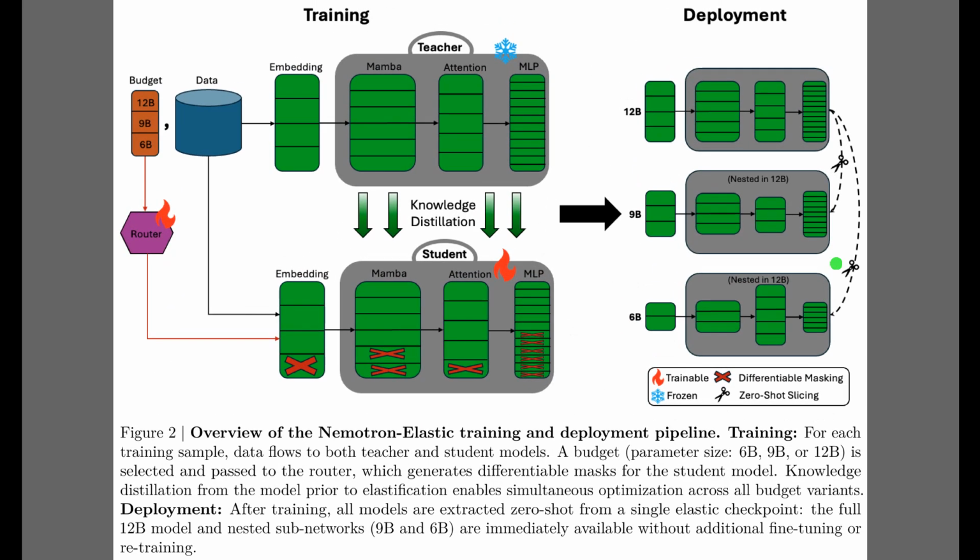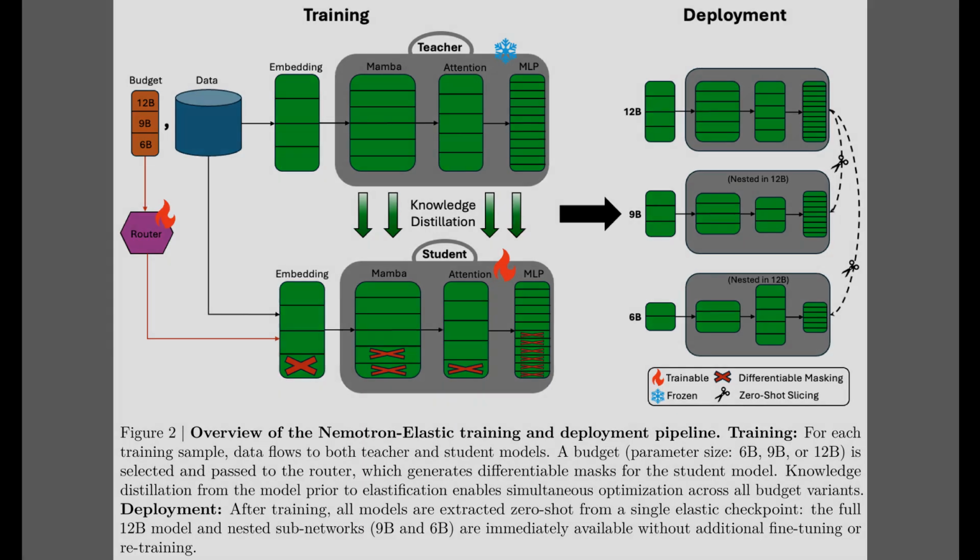Alright, Figure 2 explains how Nemotron Elastic actually trains and deploys its many-in-one models. The left side shows a teacher and a student network, where a router reads the chosen budget, like 6, 9, or 12 billion, and applies differentiable masks to the student. Knowledge distillation transfers behavior from the frozen teacher into all these masked variants. On the right, deployment simply slices out the 12, 9, or 6 billion subnetworks from one shared checkpoint, so no